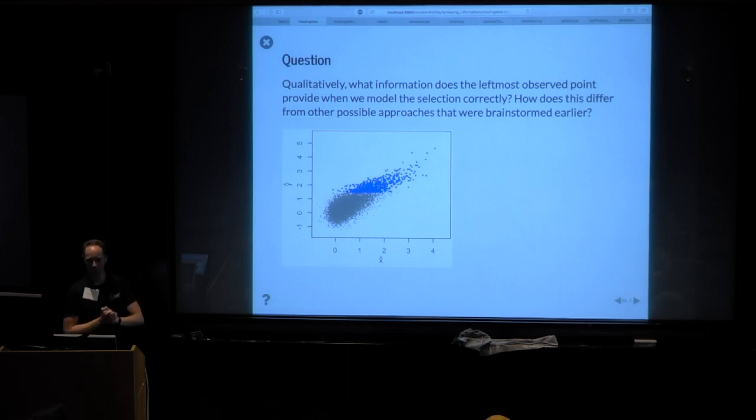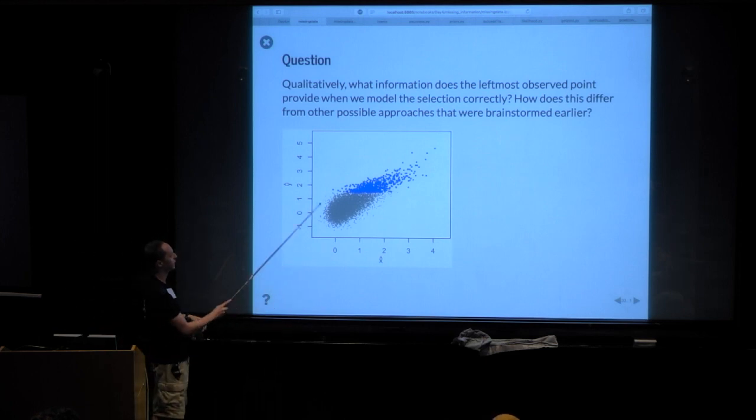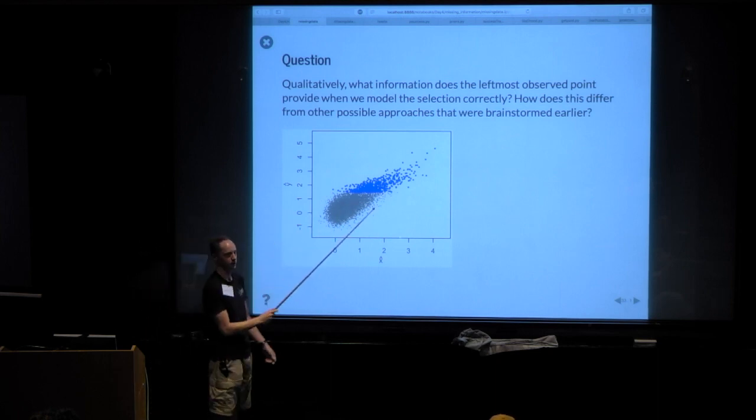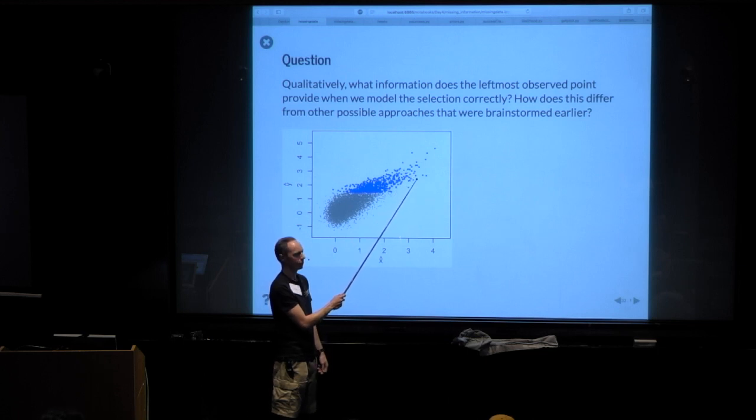Okay, so one more question for you all. I think this is one that helps build a little bit of intuition, at least it did for me. Think about, with your neighbor, what information do we get from this point? I mean, it's kind of obvious, as somebody pointed out. If we're all the way over here, where we're detecting basically everything, we pretty much understand the information that we get from these things. It's what we usually think about.